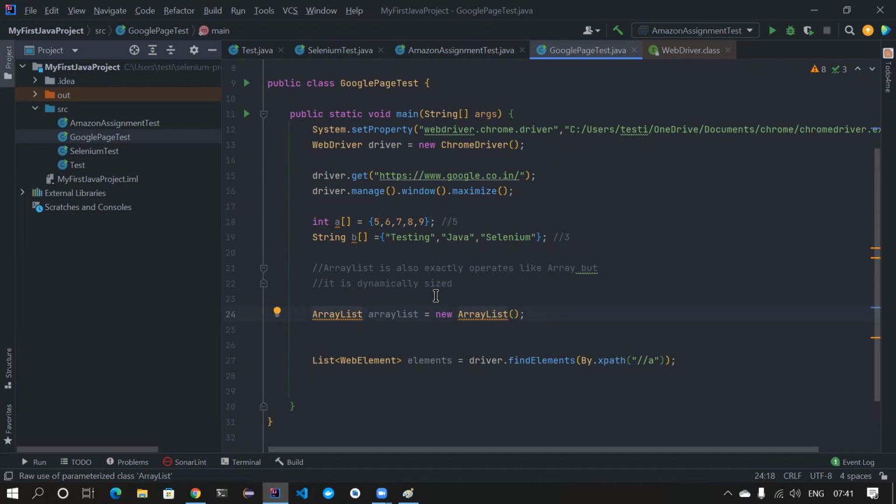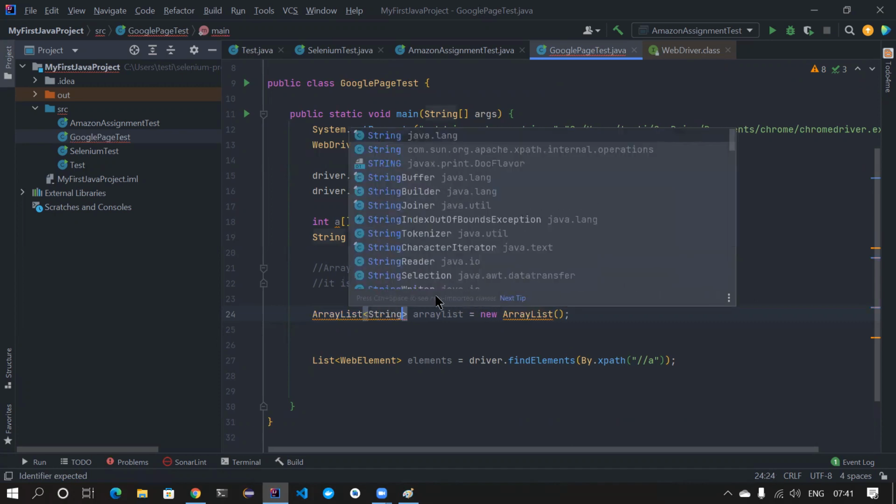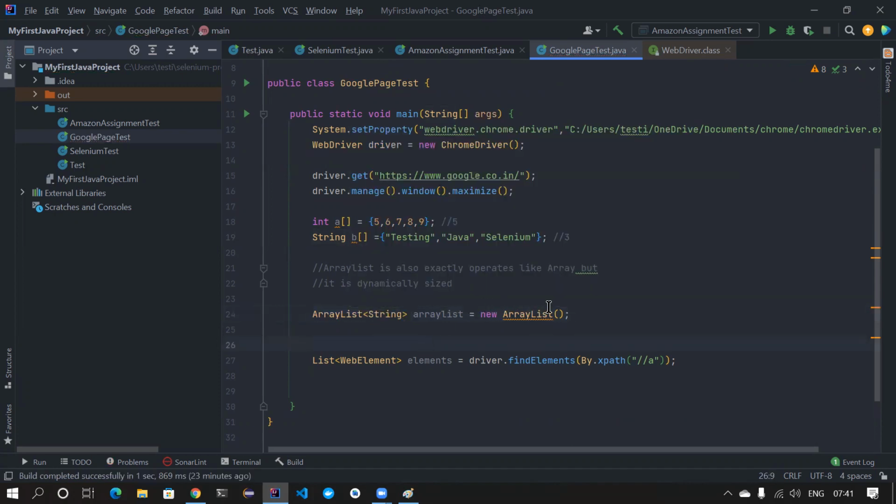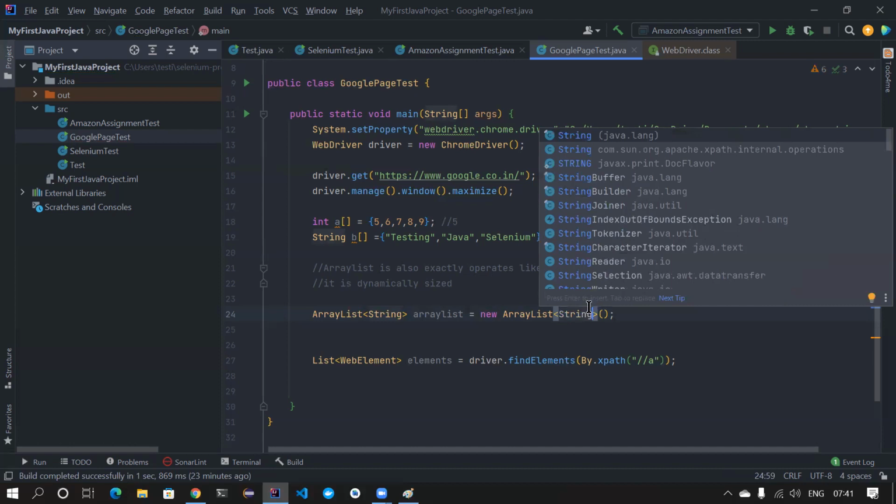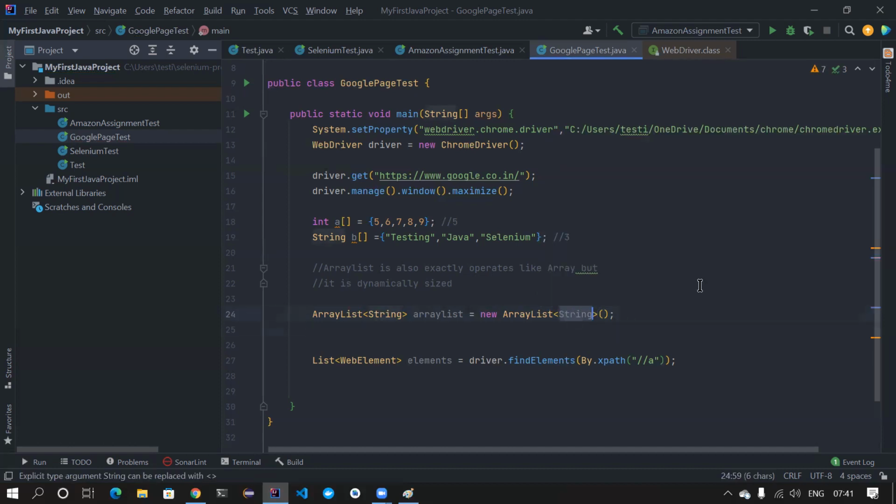Okay, so for example, I want to store strings. You can mention here just the less than and greater than symbols, or you can also mention String here. Anything is fine, but it's not needed. So I'm going to have an array list that is going to store a string type, but